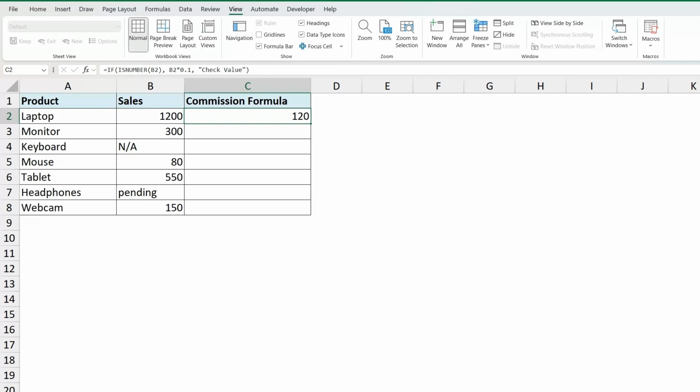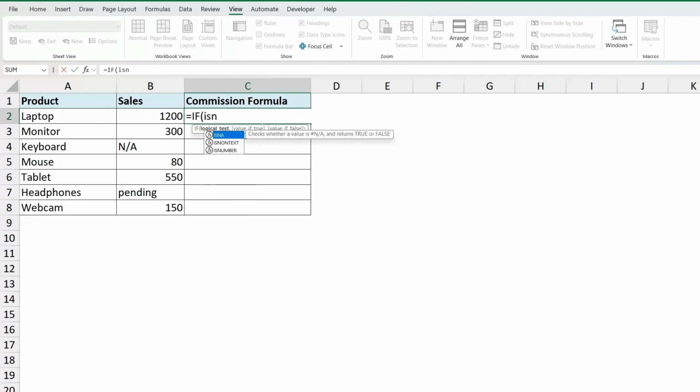So this formula says if the value in column B, in our case this row it's 1.2k, is a number, then calculate 10% commission, otherwise display the message check value. Okay, so let's make it from zero. Equal IF, pressing tab, and the logical test will be ISNUMBER for B2,